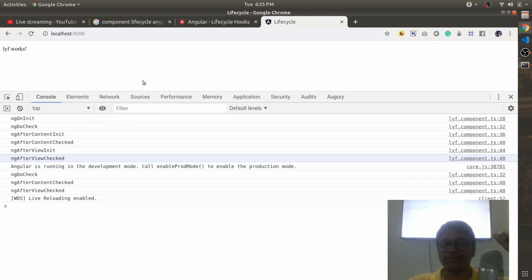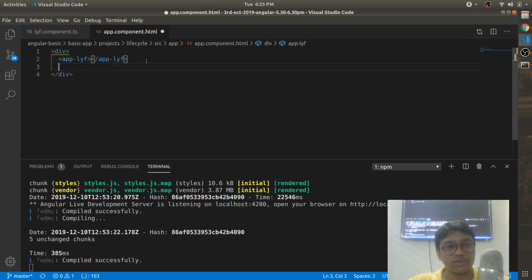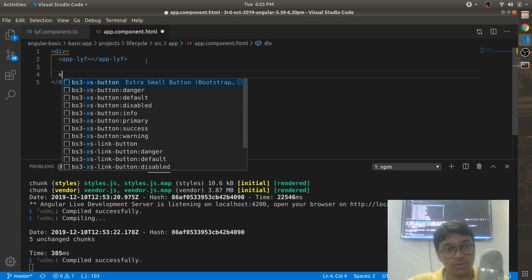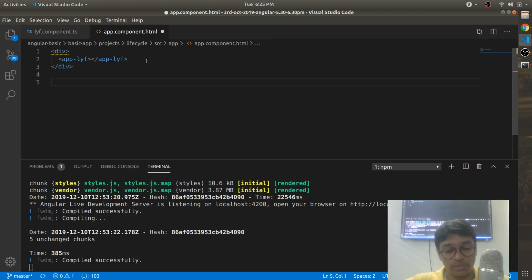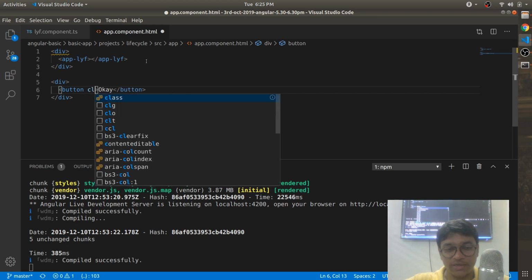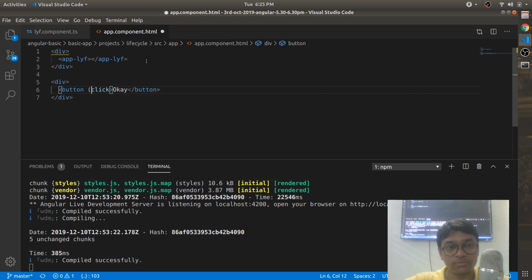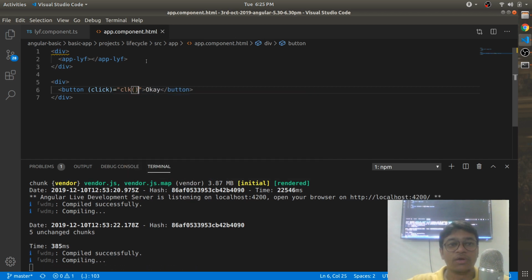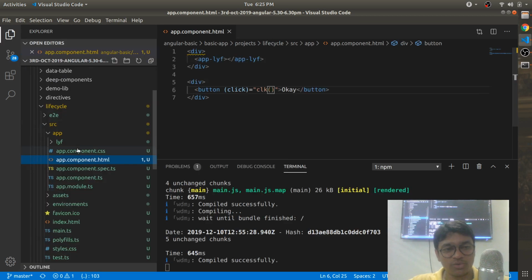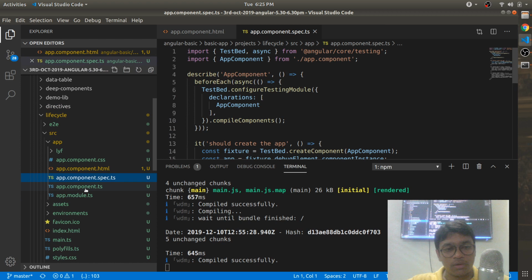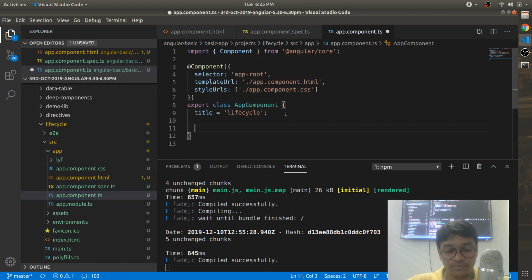On destroy, you'll get to know. I'll write one code over here. Here I can say one div, and inside that a button, and on click, CLK is my method. Or instead of having CLK, I would like to have one variable, isVisible. If these are boolean variables,